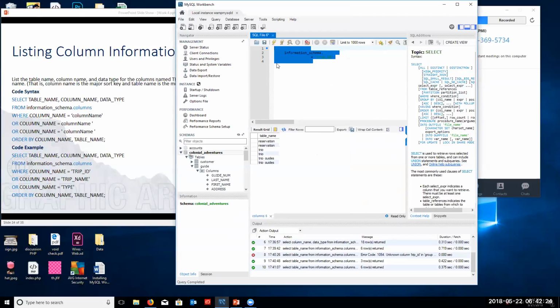So you would be doing something like, let's see, select table name, comma, column name, comma, and data type from information schema dot columns where column name equals trip underscore ID, or column name equals, what's the next one? Trip name,